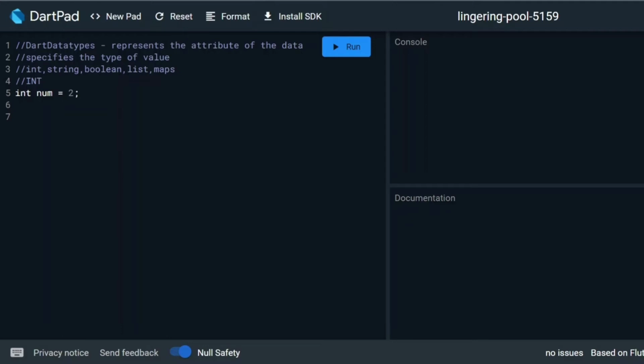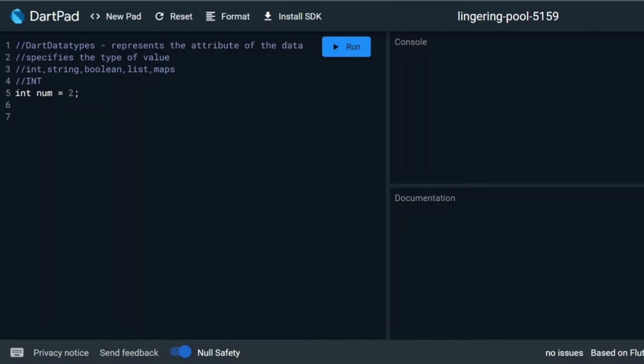Variables are the reference types for the value. I repeat, variables are the reference type for the value. Here the value is 2 and the variable is num, which is also known as a reference pointer. It stores in the memory of the computer. For example, if someone's name is Ramesh, you will turn to them when they call your name. You can't simply turn to them when they say something that is not your name, right? So to make it simple, the name of 2 is num.